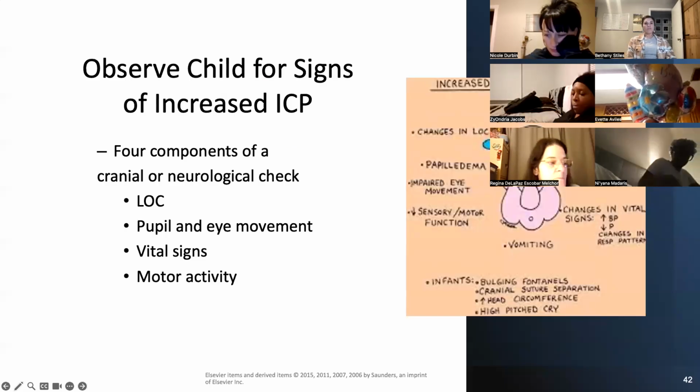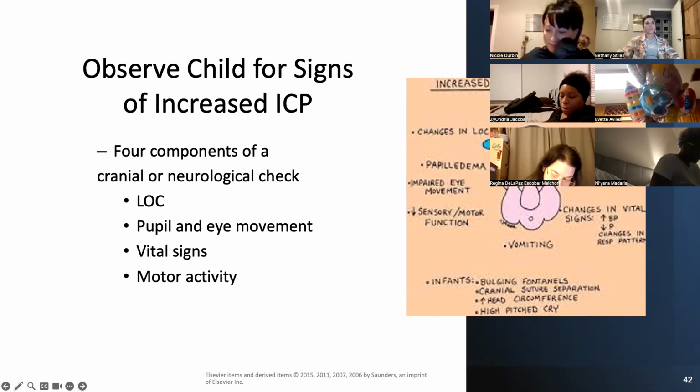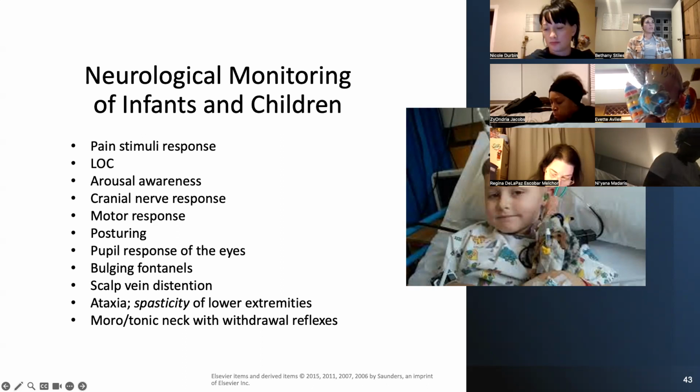When we're observing for signs of increased intracranial pressure, we want to do that neurological check where we're looking for our level of consciousness, our pupils and eye movement, our vitals, and our motor activity. Our neurologic monitoring is going to include all of those things, plus assessing our cranial nerves, their motor responses, looking for that posturing,